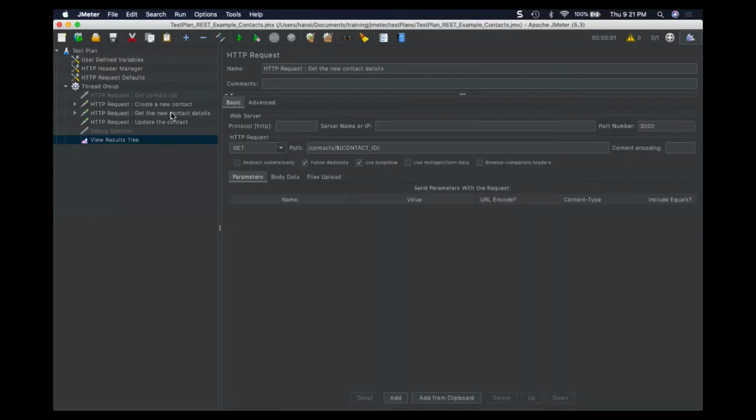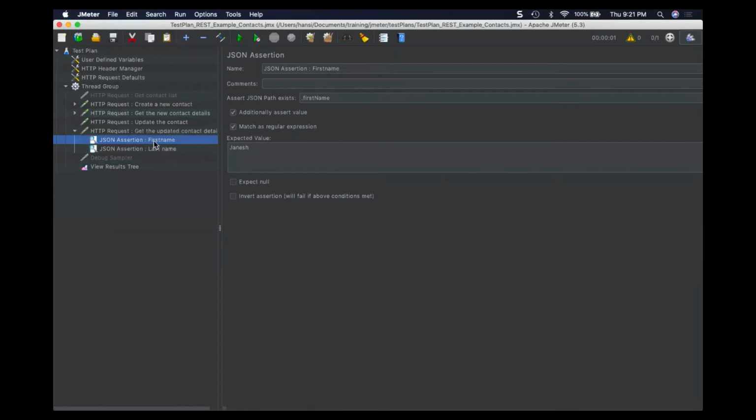To verify the content, I will use this get new contact detail request again, Control Shift C to duplicate it, to get the updated contact details. Since I did not make any changes to the first name and last name, it should be the same.